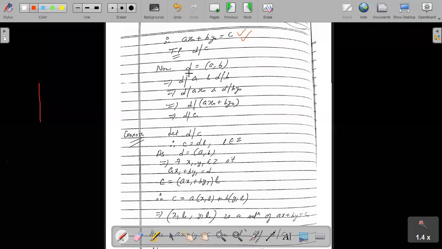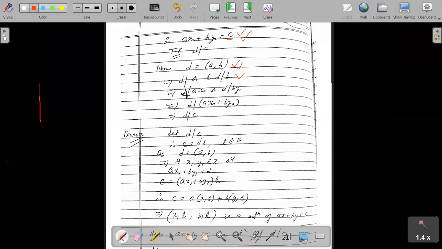Now what is d? d is the GCD of a and b. We will just apply the definition. So it means d will divide a and d will divide b, right? So if d is dividing a and d is dividing b, it means d will divide... we have to get to c, so how do we get c? It is ax naught plus by naught. So we will try to create that.